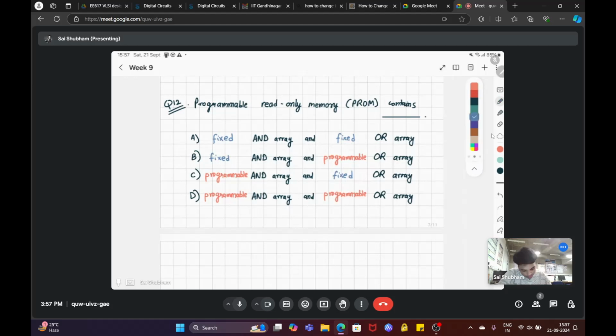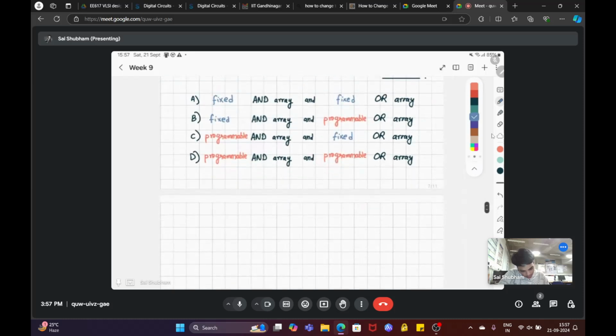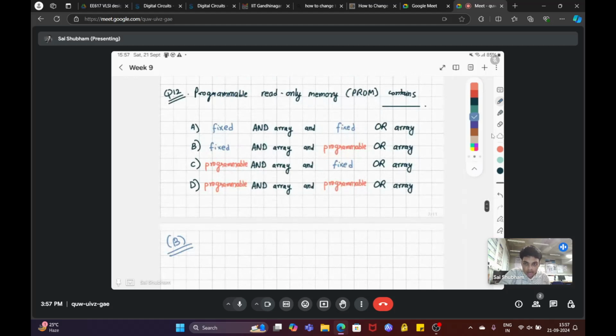So the answer is B. So anyways, you cannot have both fixed AND and OR, because if both are fixed, then it would not be programmable at all. So at least one of them should be fixed. Second thing is that if both of them are programmable, then it will unnecessarily add to the complexity of the programming. Okay. So one has to be programmable, and another has to be fixed. So this will look something like,